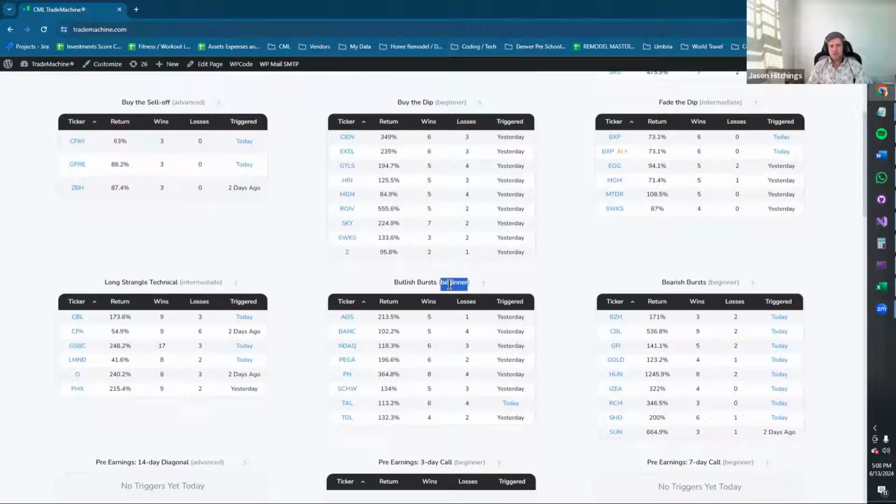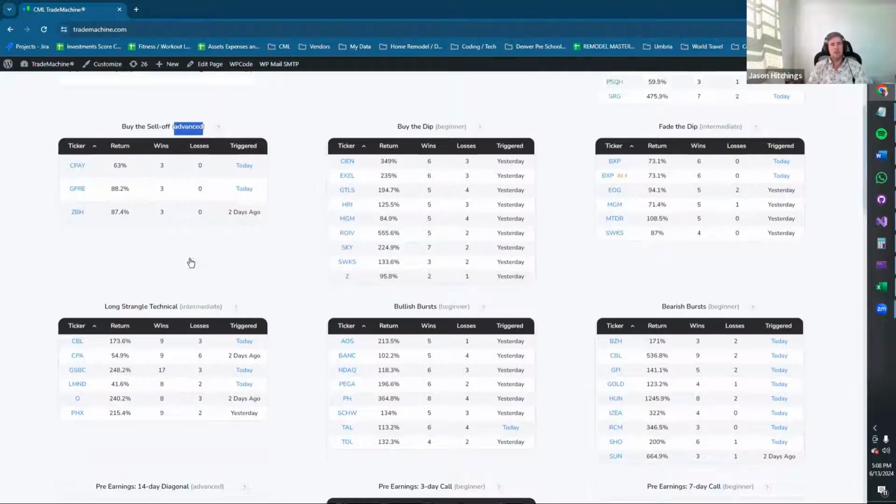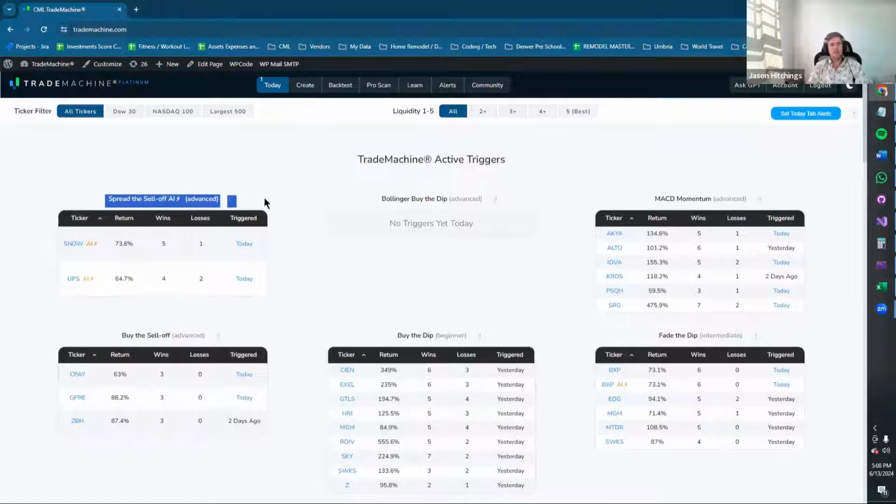If they say beginner, they're a single leg strategy. If they say intermediate or advanced, then they're multiple legs. Intermediate tends to be 2 legs, and advanced could be a calendar, or it could be like this. This is the most advanced strategy. It's a 1x3x2 broken wing butterfly. It's a very cool and very powerful strategy. It's also a little complicated. Not everyone's trading account will even let them put that trade on, but it is extremely powerful.